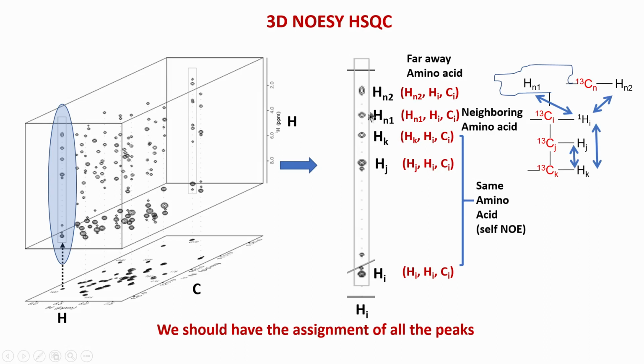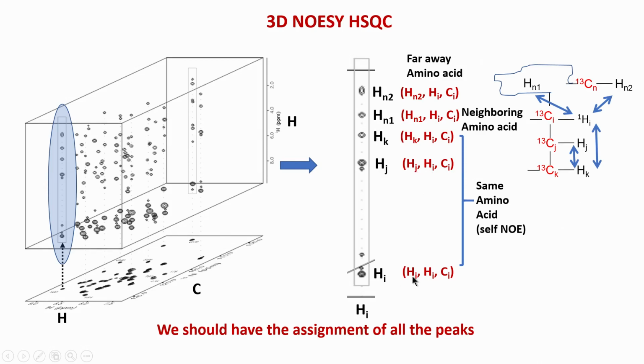So, now once we have got these peaks, what do we do next? We have got the correlations in the NOESY and we have identified that this peak is this, this is this, and so on. So, now how do we convert this into distance? Because remember, each peak, as I mentioned, encodes the distance between protons. So, which distance in this case? For example, let us take this peak here, it gives me the distance between Hj and Hi, where I am sitting on the Hi. So, between every two protons, look at this combination here, between Hj and Hi I am getting a distance.